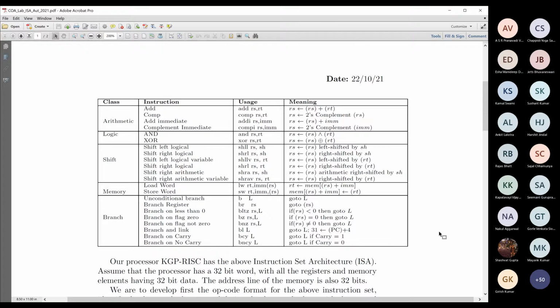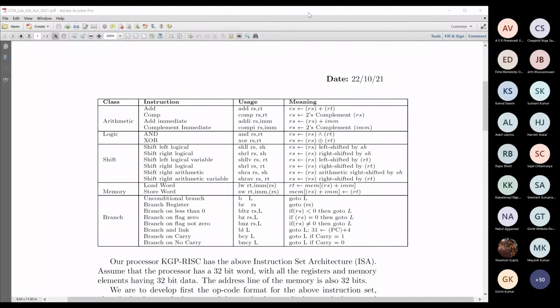Similarly, OR can be implemented as a combination of ANDing and XORing. Anybody has any answer? How can we implement a two input OR using two input AND and XOR?